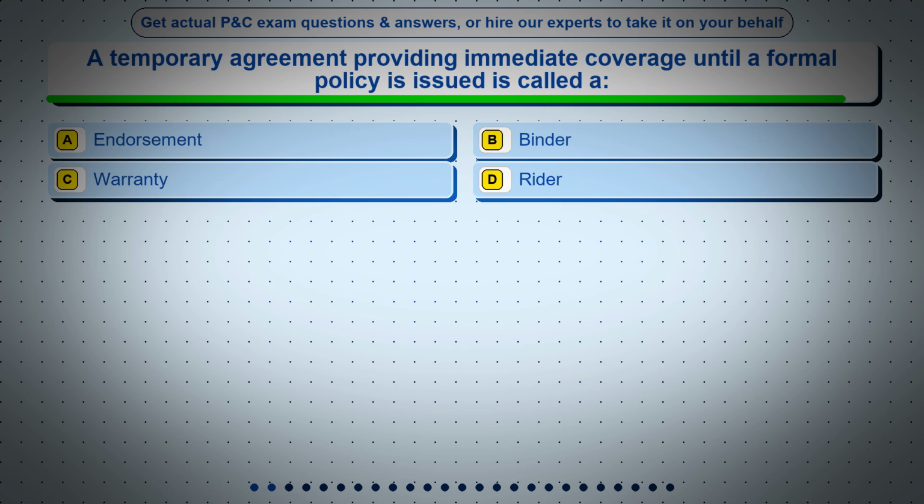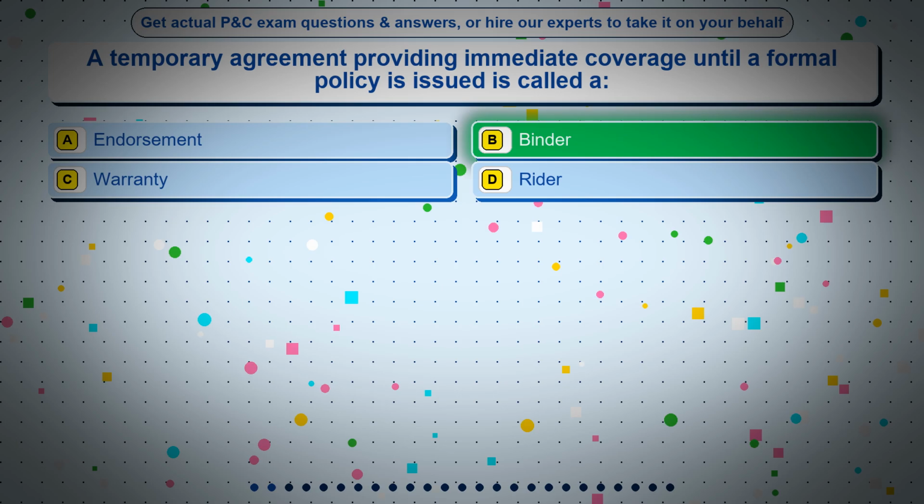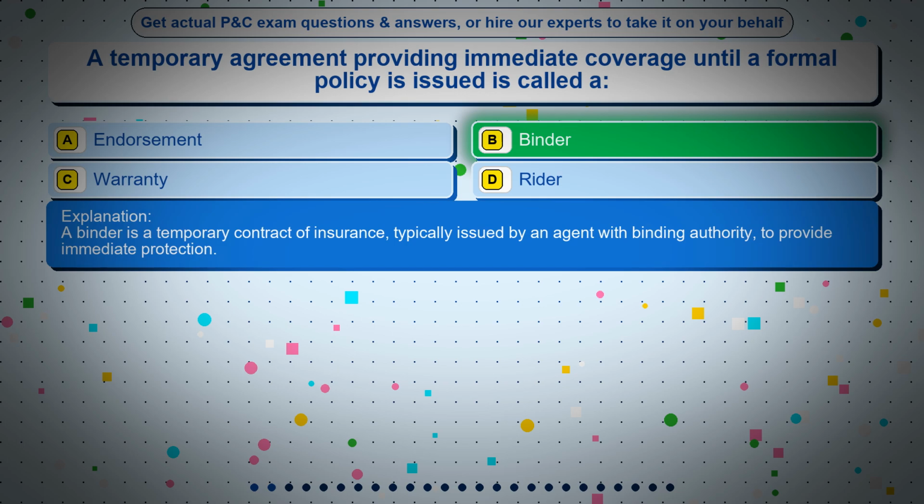Question 2. A temporary agreement providing immediate coverage until a formal policy is issued is called a option A. Endorsement, option B. Binder, option C. Warranty, option D. Rider. The correct answer is option B. Binder. A binder is a temporary contract of insurance, typically issued by an agent with binding authority, to provide immediate